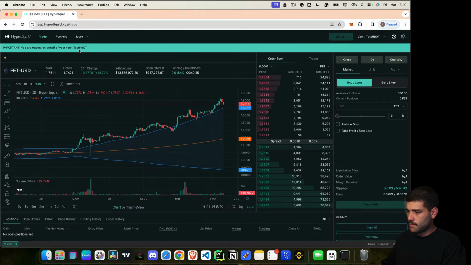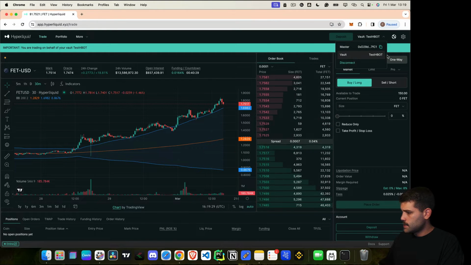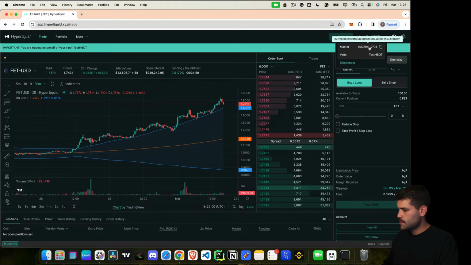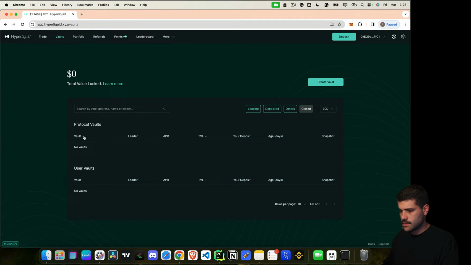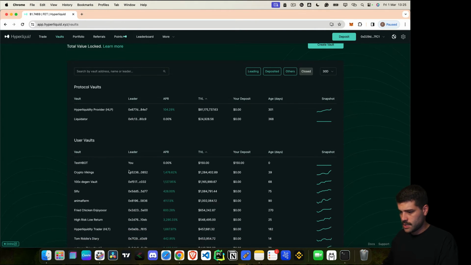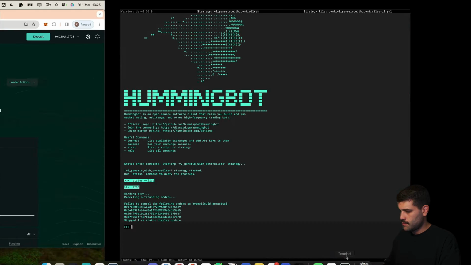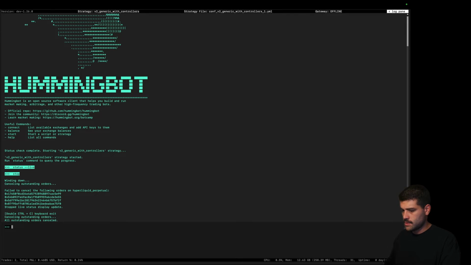You are trading on behalf of this amount. So this is the vault, and this is the master account that is managing the vault. Okay, now to connect, we will need to get the vault address. So let's go here, vaults, and we should see that test HBot is our vault, and here we can get the address. So what we're going to do is to run